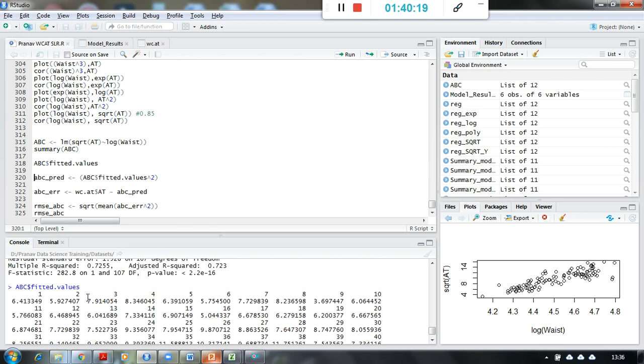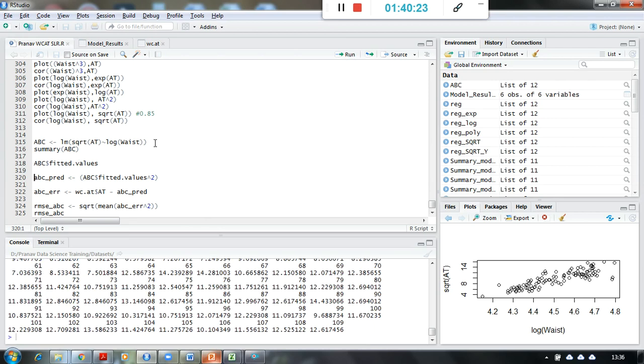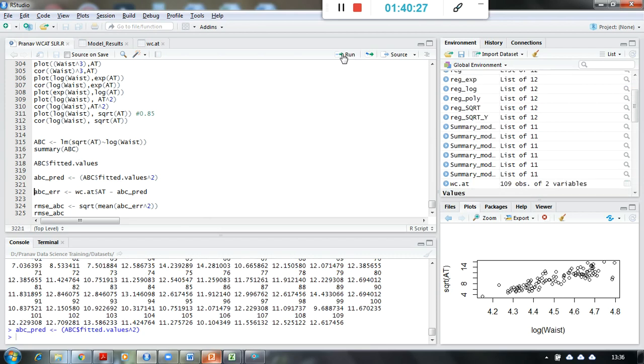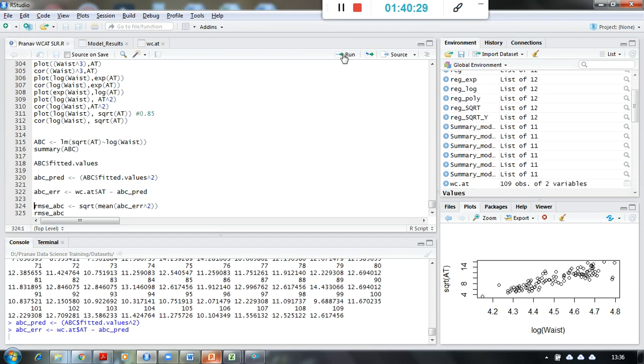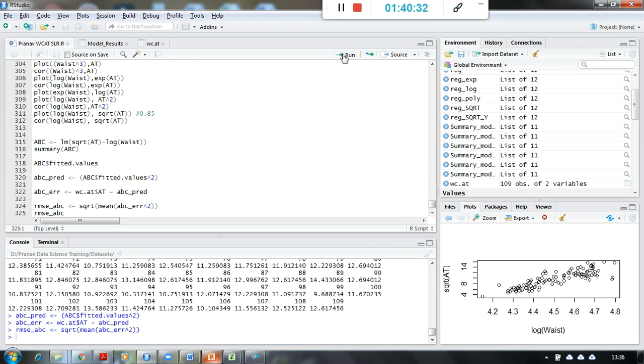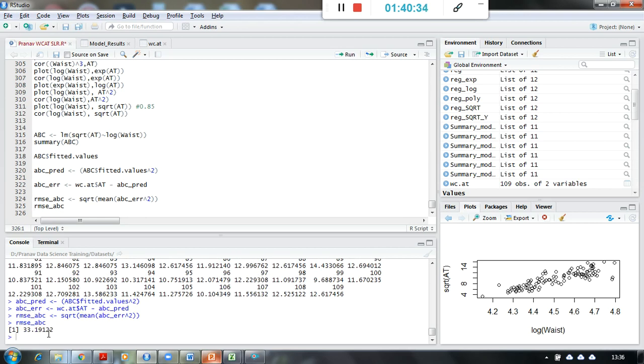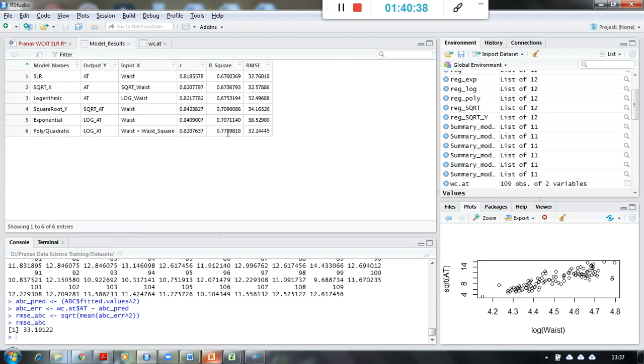Obviously I have to back transform this because my AHT has been transformed over here. Okay, so to calculate the errors I am taking the squares on AHT because I have taken a square root of AHT, and calculated the errors. And let us check the RMSE as well, and it is 33.19. So 33.19 with lesser R square than this. So RMSE has also increased to 33.19, and R square was also not better than this, 72 it was.